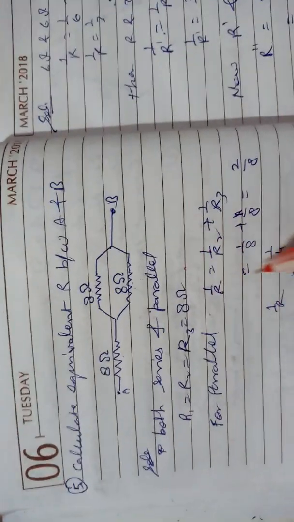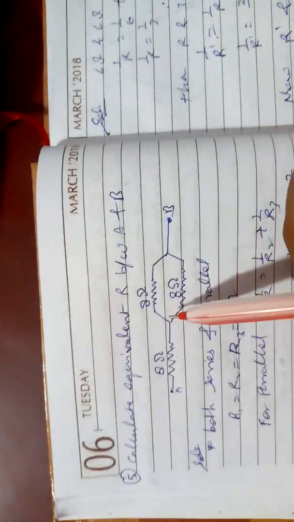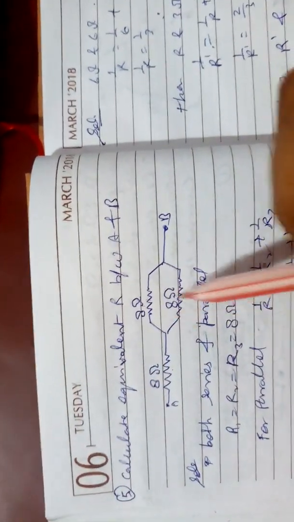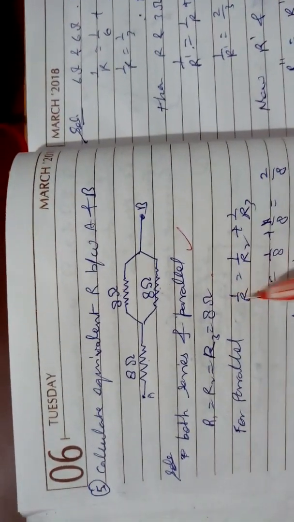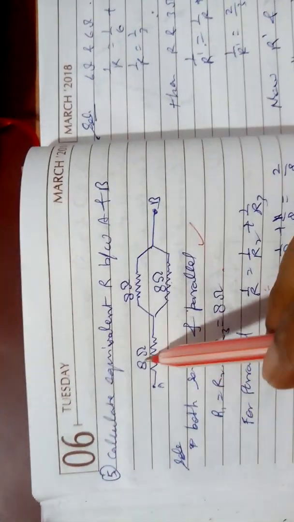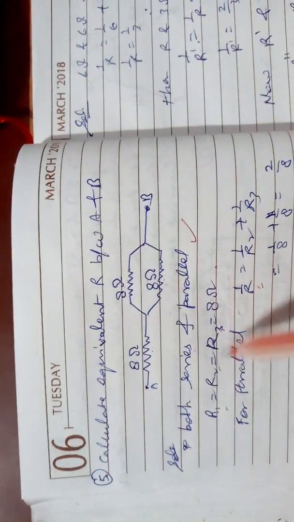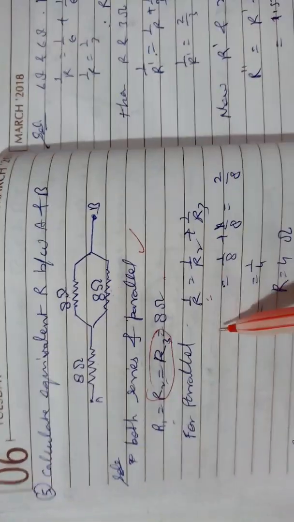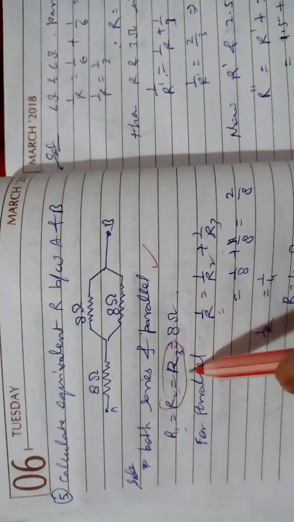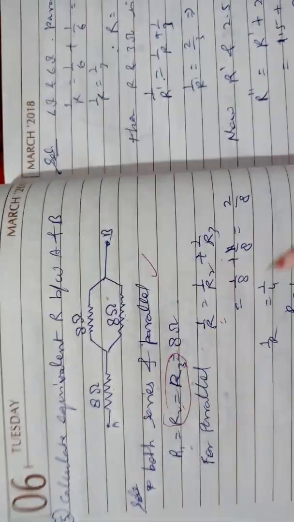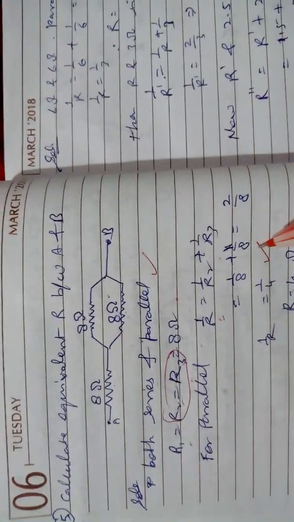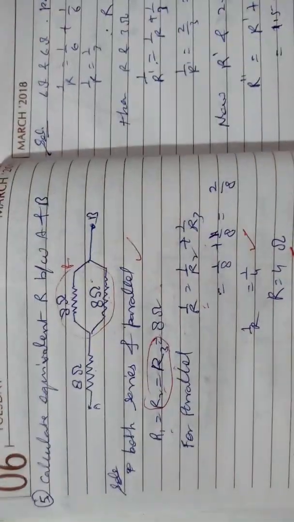So here R is the resultant of these two. So parallel, you will apply the formula of the parallel. 1 upon R is equal to, all the three are the same, R1, R2, R3, but R2 and R3 are parallel. So these two are parallel. So you are seeing this figure, 1 upon 8 plus 1 upon 8, 2 upon 8, 1 by 4. So what is the R? 4. For this result, you are getting R is 4.